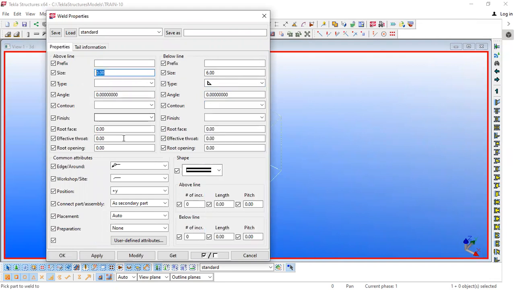Then there is size listed down here. Here there will be the all around or straight weld. This is for site or shop weld. Right? This is for position of the weld. So whichever direction you need, you can set that weld. Direction of a part. Okay, this is the direction of part. And then this is for secondary part or sub assembly.